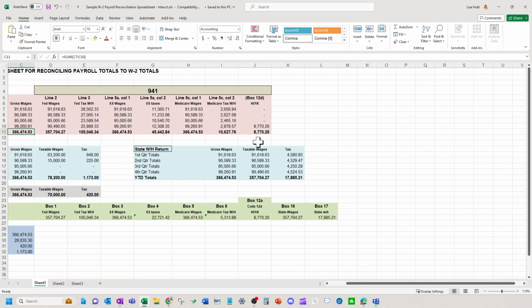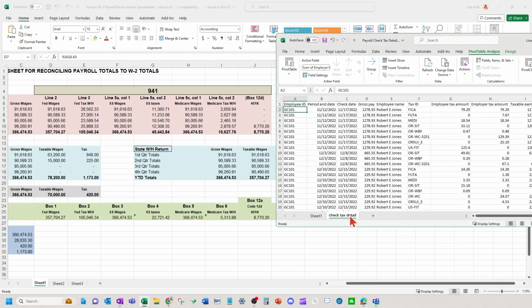Okay, so a couple reports to help you. It's going to be the check tax details and the deduction register to help you get to your box 12, 401k, and your taxable wages and your taxes here.